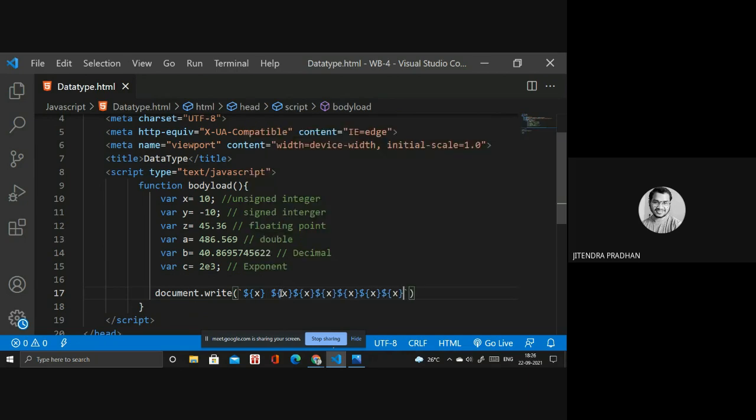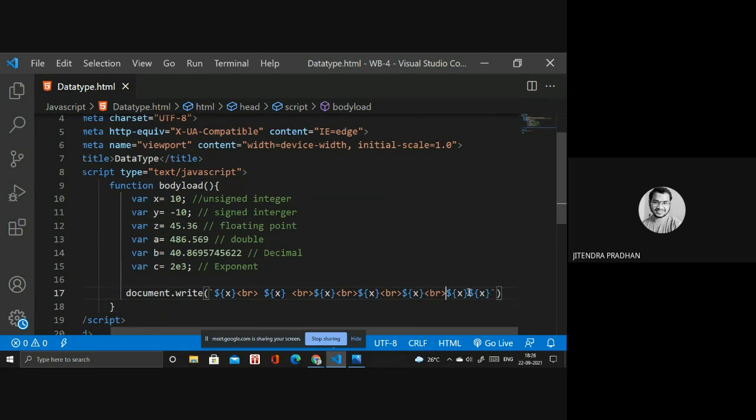Okay, so next we have to use the VR. Inside the VR, we'll copy that and paste inside also. Okay, this one, this one, this one for break the line. Okay, I want to print every value inside the browser, each one on a line. So I need to write x, and then we have to write y. This is the y value it calculated, and it will be z. Okay, z. Next we have a, b, and c.